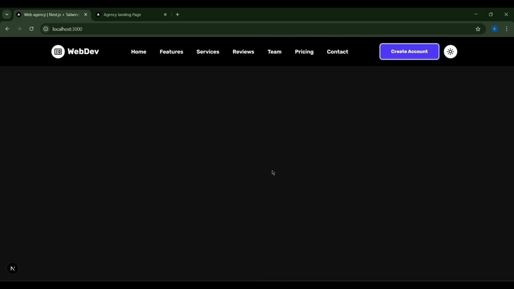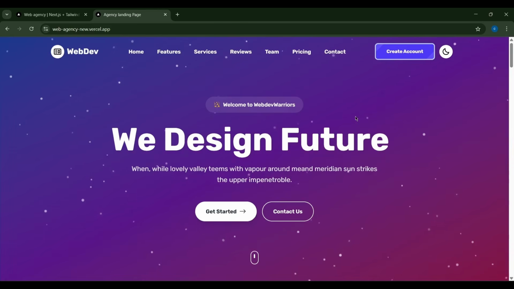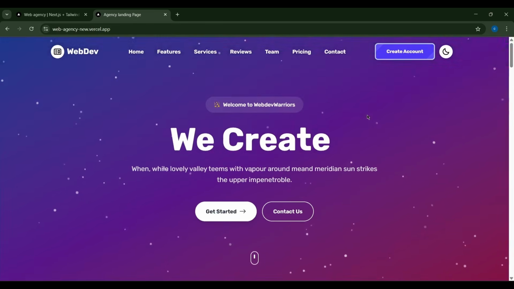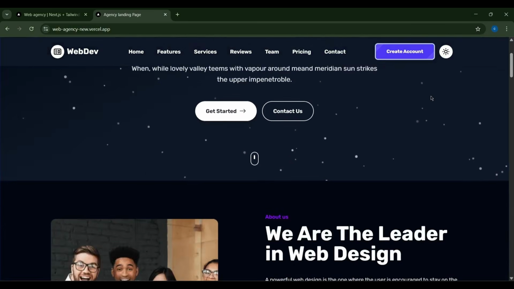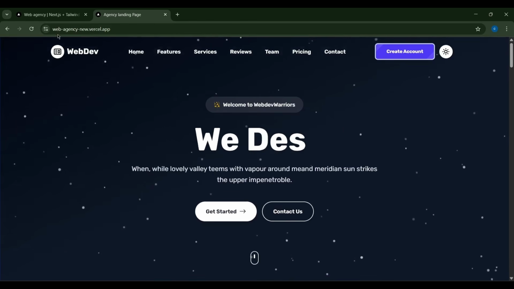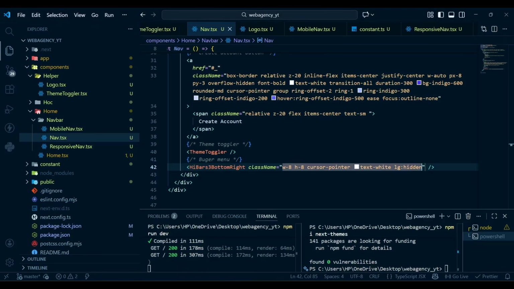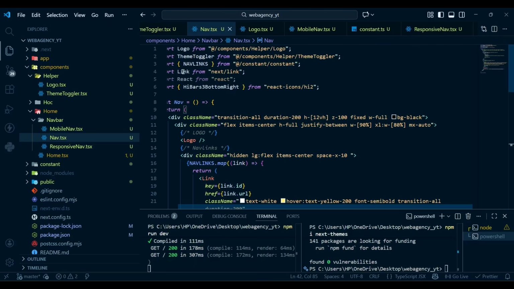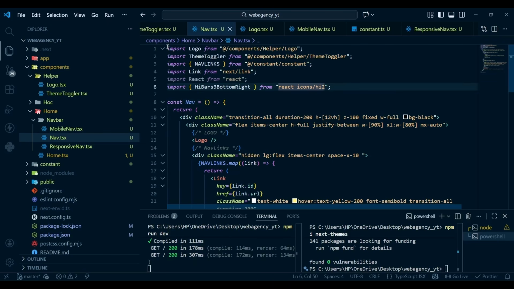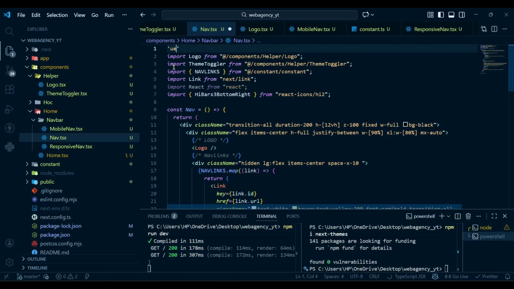Next we're going to implement the scroll background change feature. So in the deployed version you can see if I start scrolling it changes its background color, and in the dark mode we have a different color. So now we are going to implement this. For that, first I'm going to make our navbar a client component because we're going to use hooks here. So I'm going to convert this into a client component using use client,